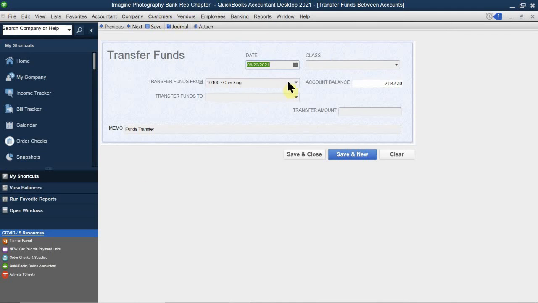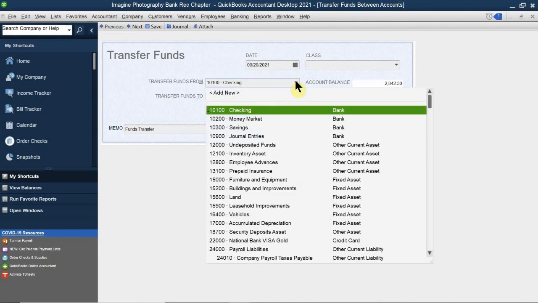Now, usually this is for between bank accounts. So again, it says that you can transfer money to specific accounts. So let's say if you wire or have an EFT, you can use it through this section right here. But normally you would record an EFT through the checking window